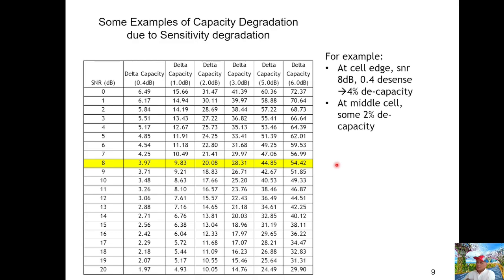Basically, you just need to remember the Shannon formula and how we convert RF powers from decibel to linear values and how they sum together, and then you can understand the concept we discussed in these two tables.